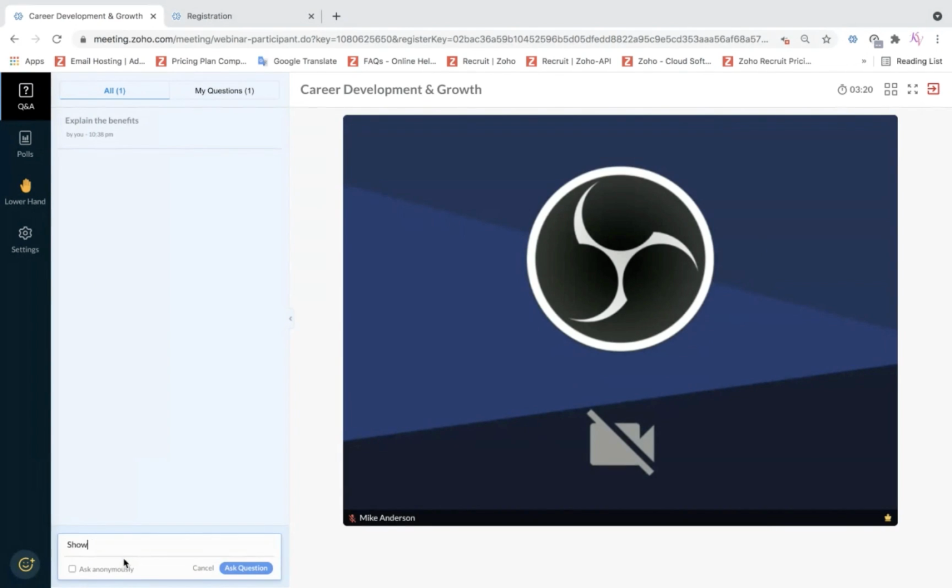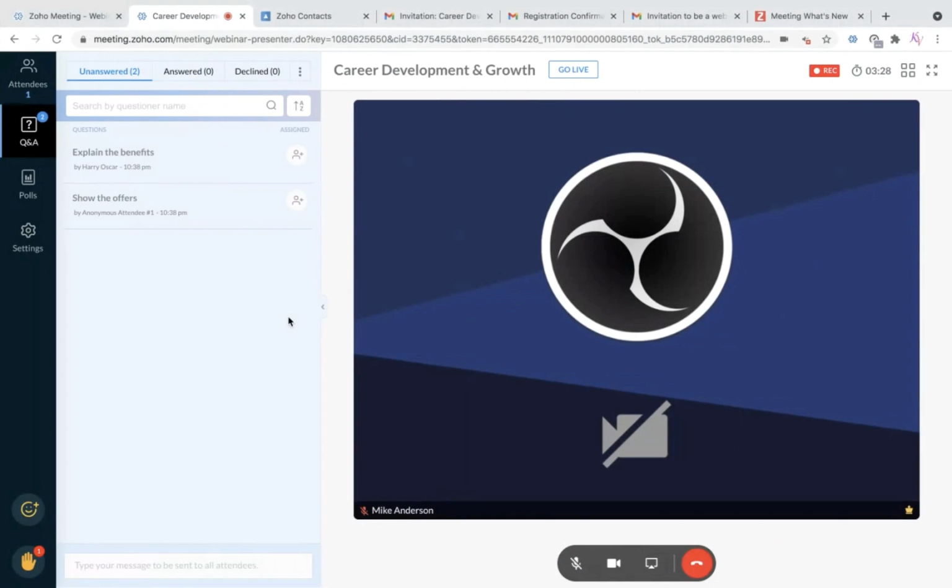So once they start raising their questions, they will have an option called Ask Anonymously, where they can ask it anonymously. So now we come back to the organizer screen. The organizer can either answer the question as private, which will be shared only with that respective attendee, or else they can go for public by sharing that as information to all of the attendees.